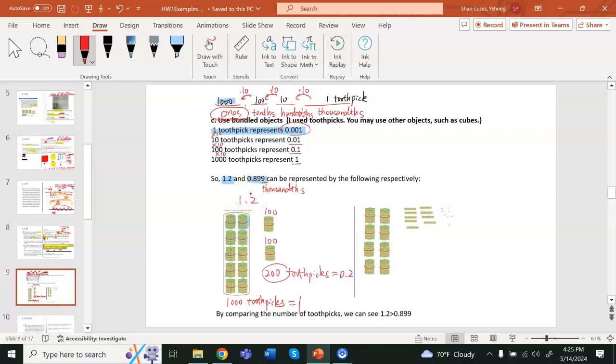Now let's do the bundled objects for 0.899. So remember, for each 1/10, we need 100 toothpicks. So I'm going to take 100, 100. Here we have 8 of them. So that's 800 toothpicks, which represents 8/10, which is 0.8. And for the hundredths place, the 900th, we